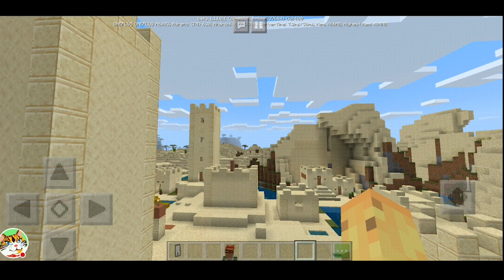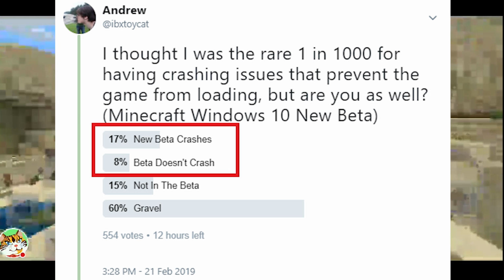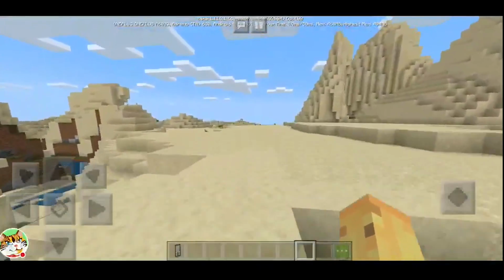However, if you play on Windows 10, like most beta players tend to do, interestingly enough, this update seems to crash for everyone. I thought it was just me getting really unlucky, but I did a Twitter poll, and it turns out by a ratio of about 2 to 1, for every 3 players, only 1 is able to have the game not crash. So there's going to be an urgent fix to make the game actually playable on Minecraft Windows 10. Right now, if you have the beta, it doesn't work, and it's fine because it's a beta, but